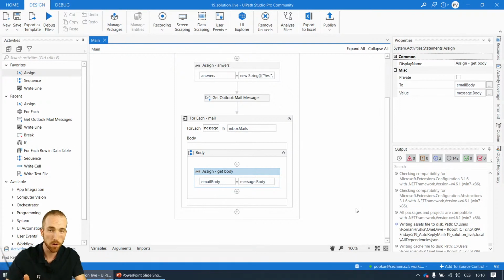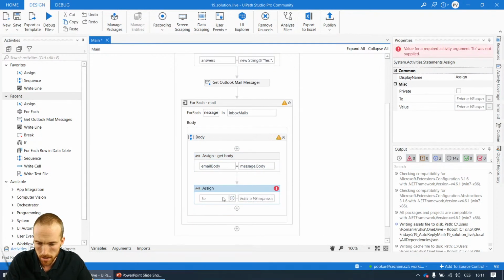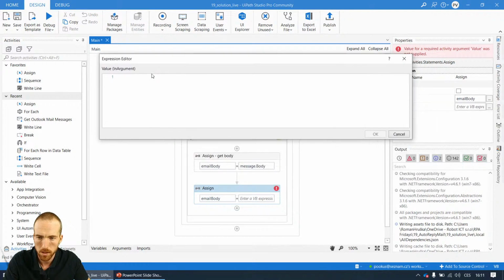I will show you one little trick that I will use, but maybe there is other way. Of course, there are many ways to solve one thing, and this will be a little dirty trick. So another assign, and on the left side, I will again put email body, and on the right side too, and I will perform some quick dirty magic here. So email body dot